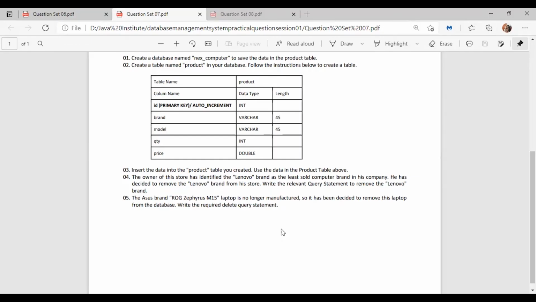And the fifth question says, the Asus brand ROG Zephyrus M15 laptop is no longer manufactured. So it has been decided to remove this laptop from the database and write the required delete query statement. So let's write the query here.